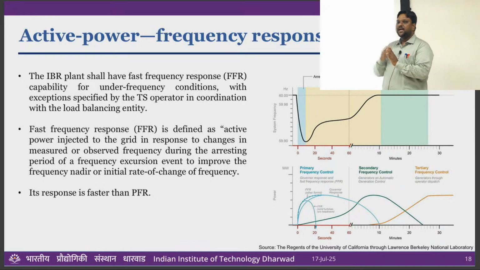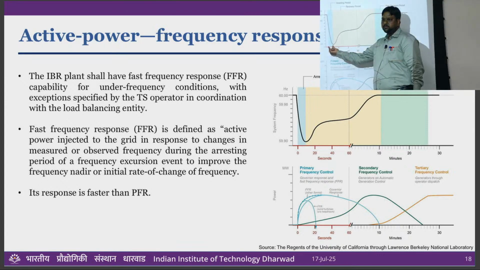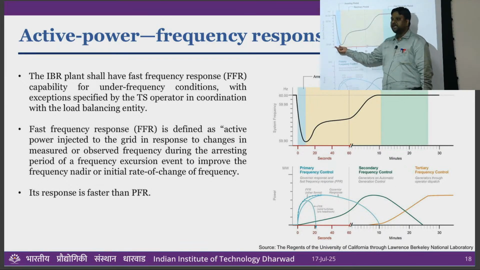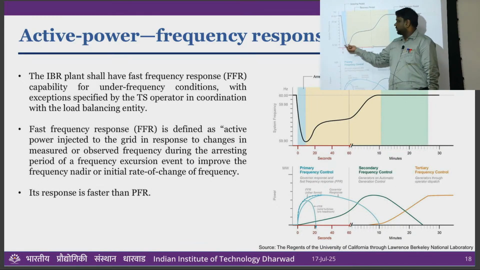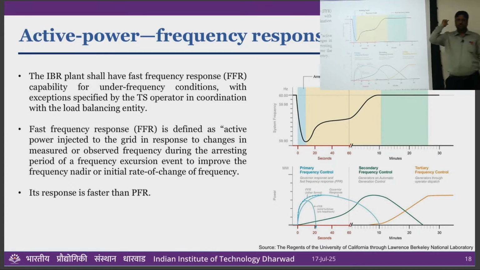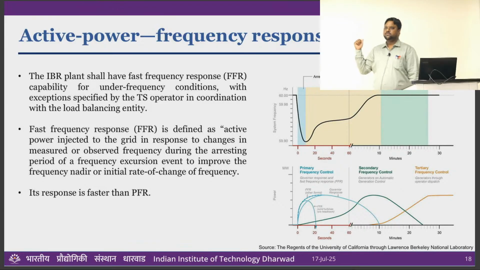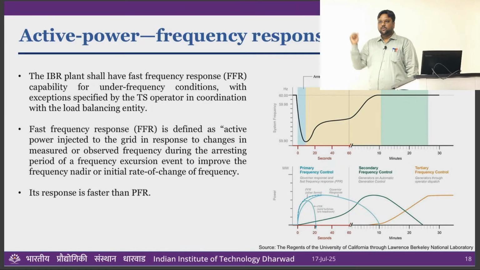1% means very aggressive. With a sudden change in frequency, it will react fast, so that you can arrest the frequency here. Then with the help of secondary frequency control, you can recover the frequency slowly to the system level. That's why fast frequency service is a recommended service, but not mandatory, because this type of event doesn't happen